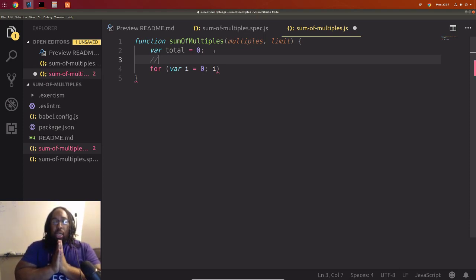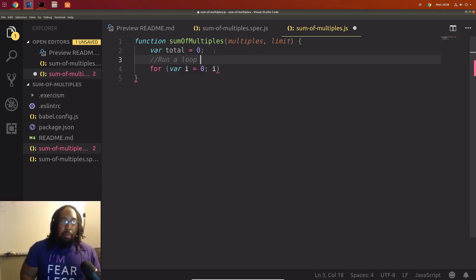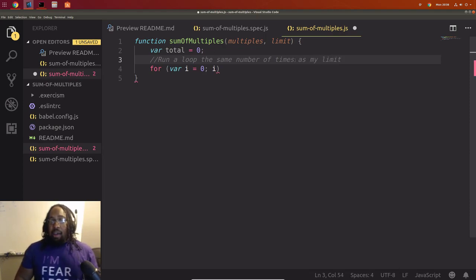I want to run a loop the same number of times as my limit. So basically, if my limit is 10, I want to run this loop 10 times. If my limit is 20, I want to run this 20 times.